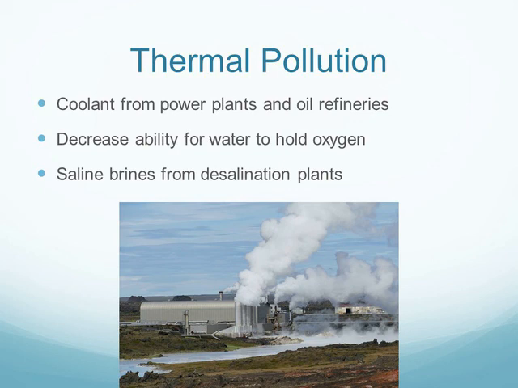And when that happens, they take in the cool ocean water, run it through the machinery. It picks up the heat from the machinery, and then they release that water back into the ocean, but now it's hot. Okay, so that warm water that's going back into the ocean has a decreased ability of holding oxygen because it is warm,